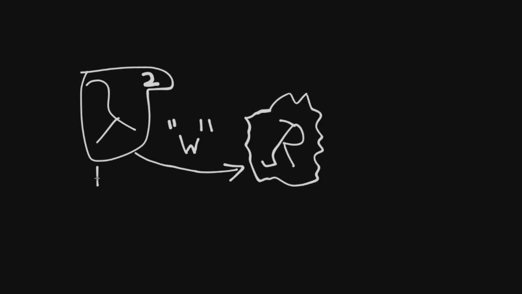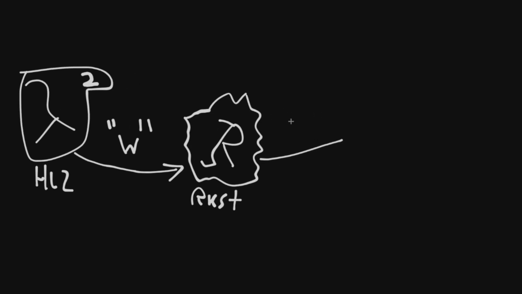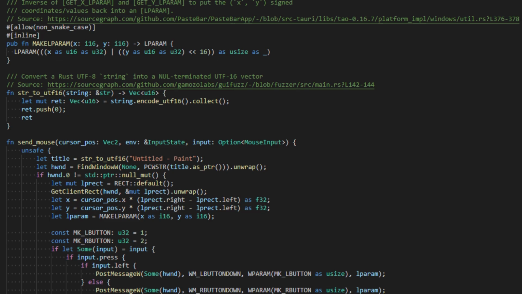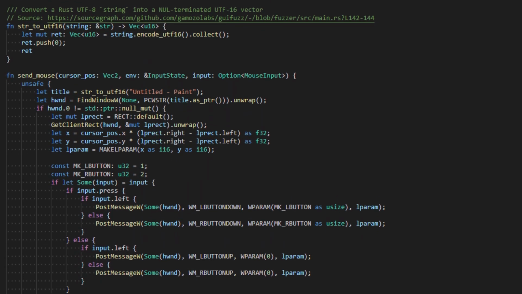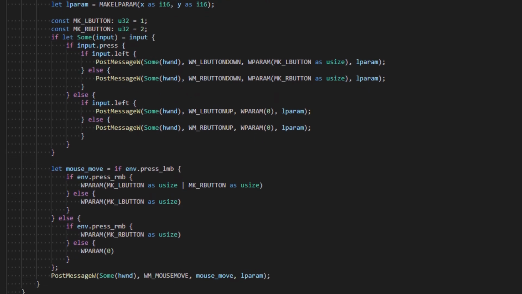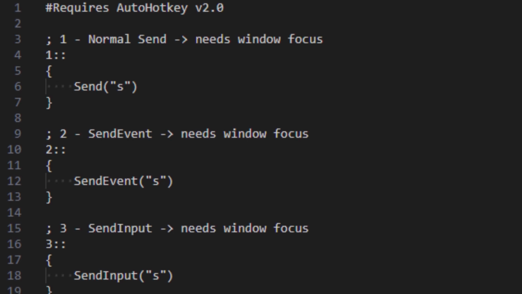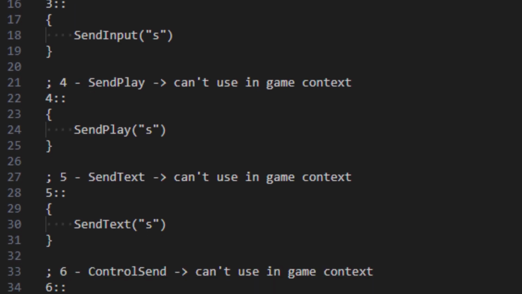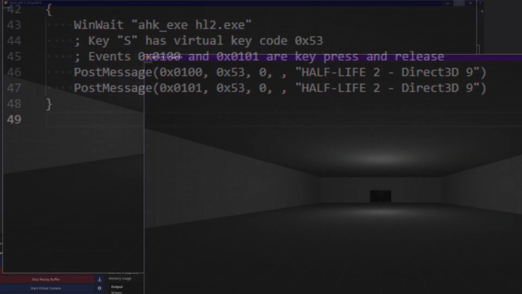But the problem with all of these is I didn't have any ways to send input to them. You know, I gotta keep Half-Life 2 focused so I can move the mouse and press buttons. But then how do I send inputs to the other games and programs? There's the Windows API that I could use for this, but for most apps it doesn't actually work because they all use other APIs to listen to these inputs. I also tried AutoHotkey and it's the same problem. The only APIs that work are those that actually need the window to be focused as well. I later on realized that